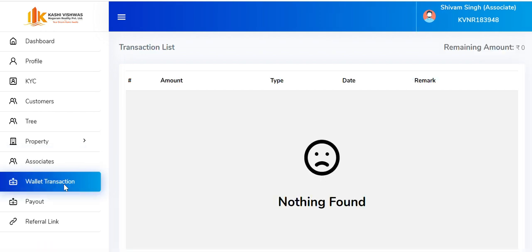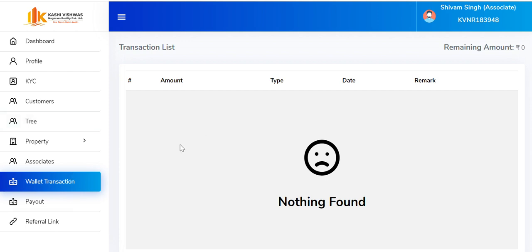This is the wallet transaction system, where they will get a token amount as a recharge in their wallet, so that they can book any type of property for the customer when they don't have any amount or cash with themselves.